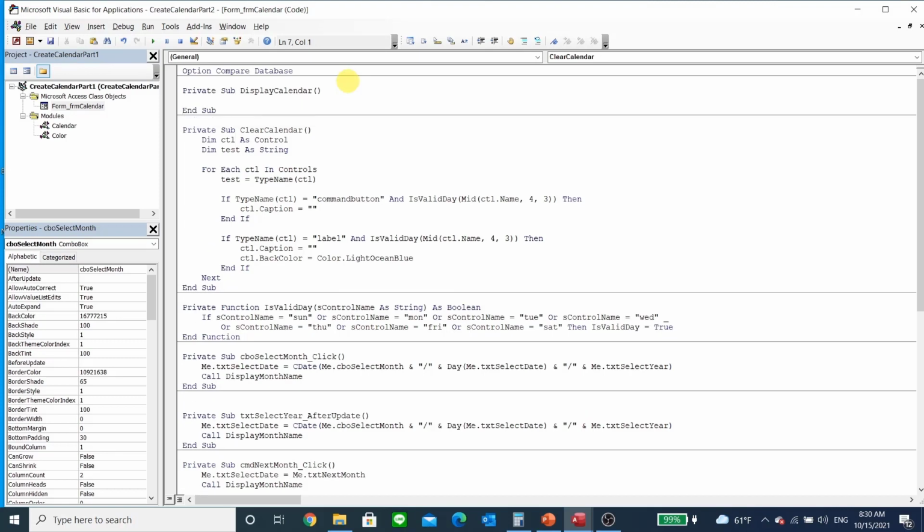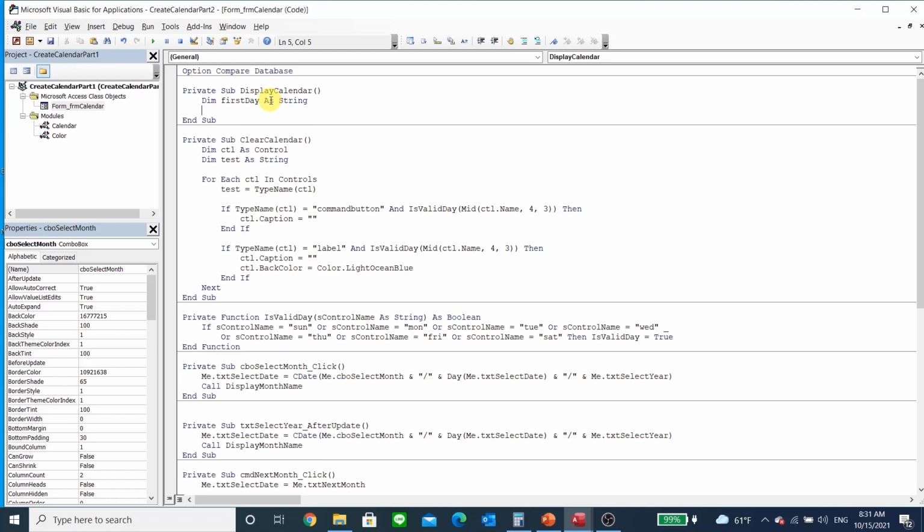That sounds appropriate. So what do we need? Well, we need to identify what the first day of that month is, as a string, the first 3 characters that we use right here. So let's go ahead and dim this guy, first day as string. The next thing that we need is to determine the number of days in the selected month. So go ahead and dim this guy, last number